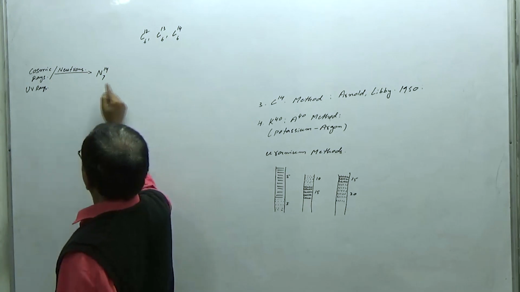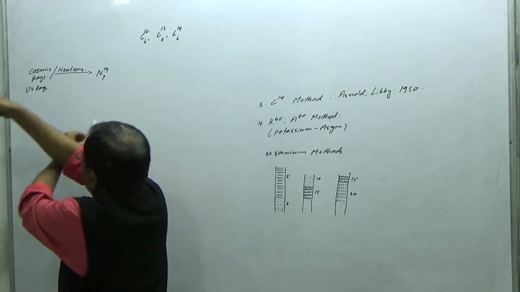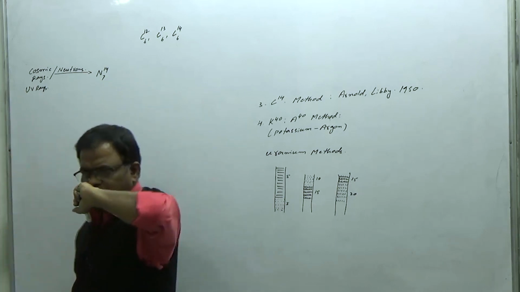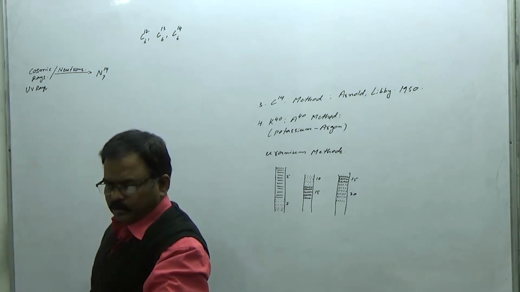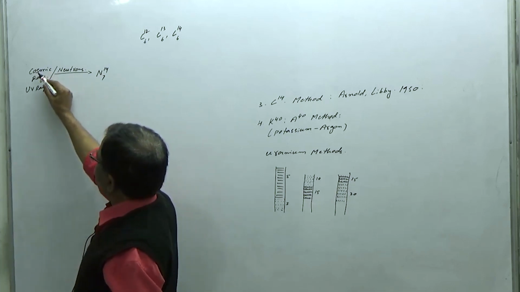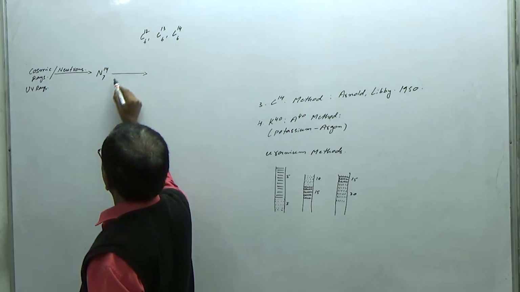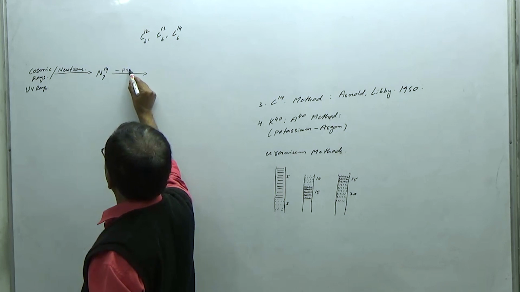When these neutrons collide with the nucleus of nitrogen, it releases one proton